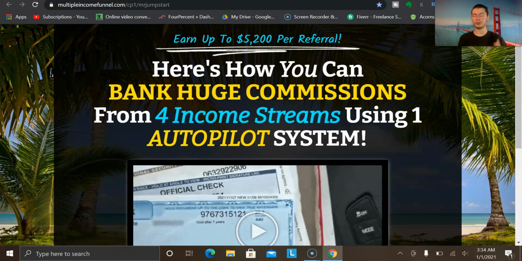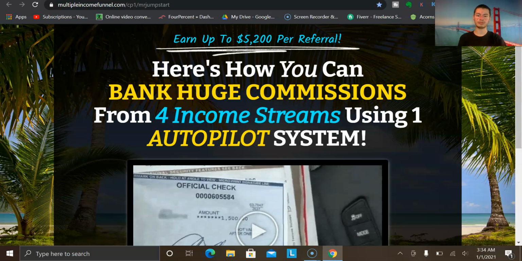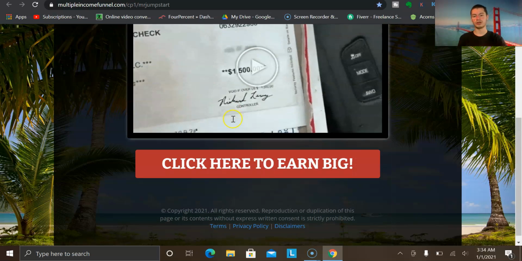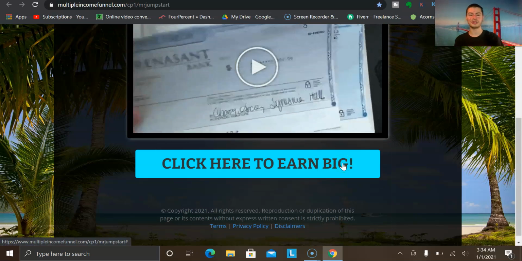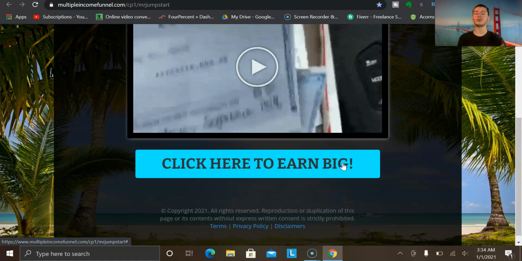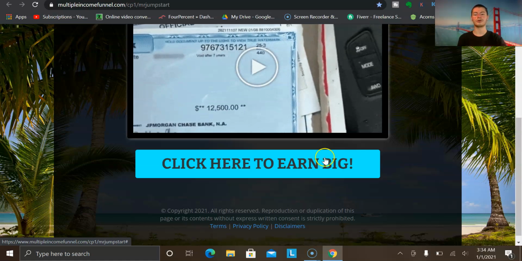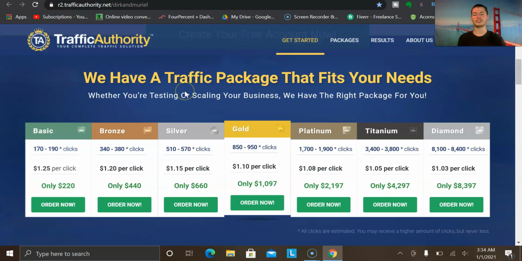So ideally what you want to do is send as many clicks to your capture page, so this way when you start getting visitors here, they will enter their email address, or a certain portion of them rather, and then the system will do all the follow-up for you on the back end, right? So that is really the benefit with solo ads, is you don't have to necessarily learn how to do copywriting. You don't have to write out your own emails or shoot videos if you don't want to do that,